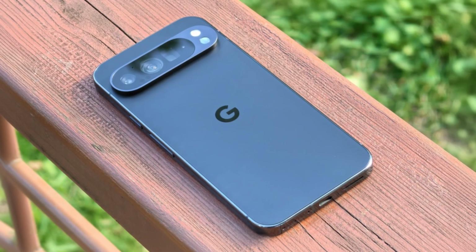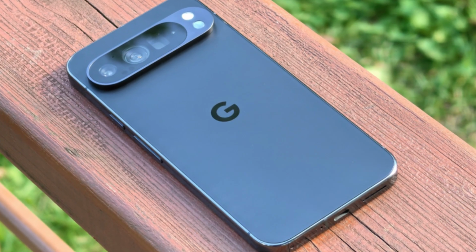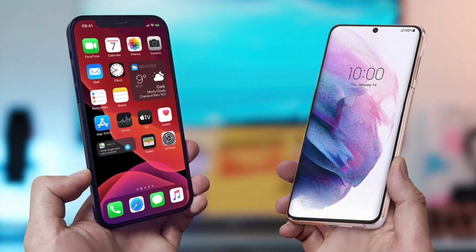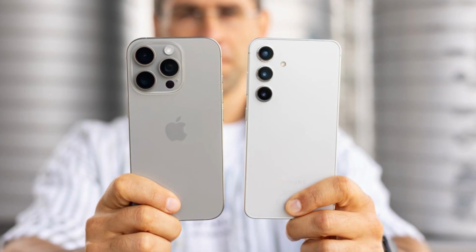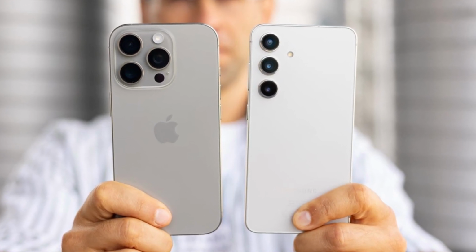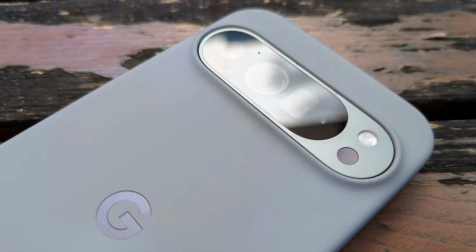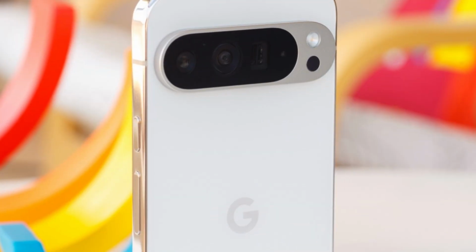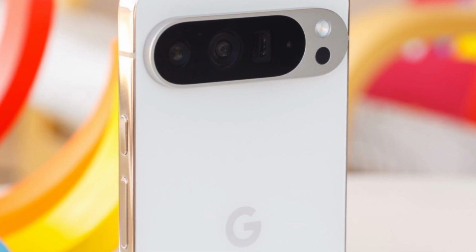Now, a new report says the Pixel 10 Pro will finally get a higher PWM rate, bringing it closer to what Apple and Samsung have already been offering for years. For example, both the iPhone 16 Pro and Samsung Galaxy S25 Ultra use a 480 Hz PWM rate, which helps reduce eye strain. Up until now, Pixel phones have been stuck at around 240 Hz, which isn't ideal for sensitive